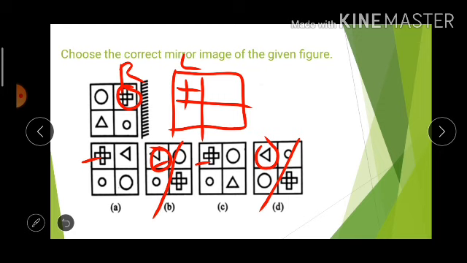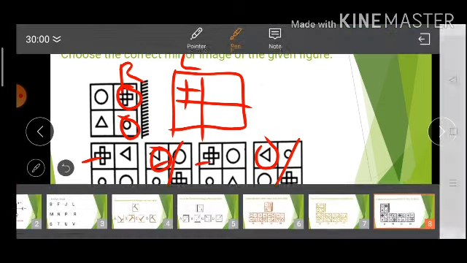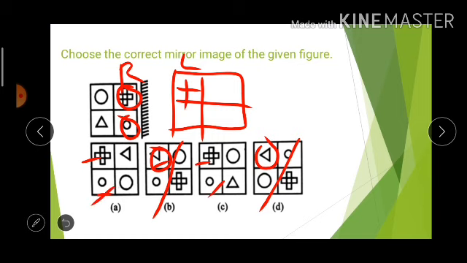Now walking further, below the plus, I have a small circle. In both options A and C, I can see a semicircle here. Now further, how will I discard one of them or select one of the others? In the real image, I have a circle in the top corner. I want a circle in the top. Option A has a triangle in the top. I want a circle in the right hand corner. Option C has a circle. Therefore, the answer is option C.